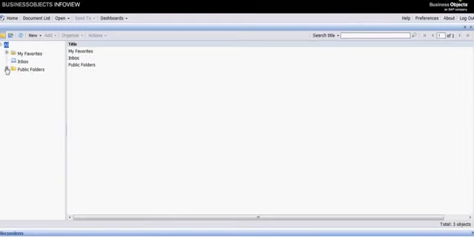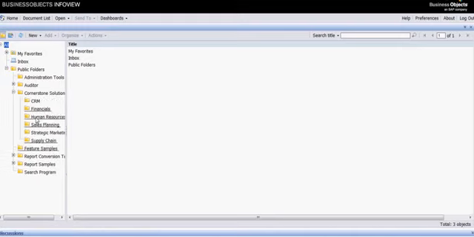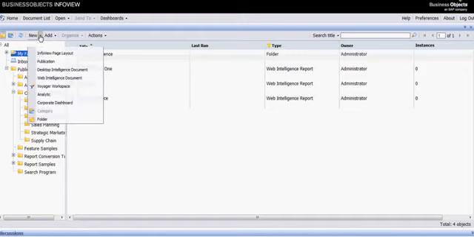A series of folders. These folders are very similar in structure to the way they would be represented in Windows Explorer, and you see we can just build up a folder structure. Everyone has a favorites folder within Business Objects, so I'll click my favorites folder and I'm going to say new. Click on new,